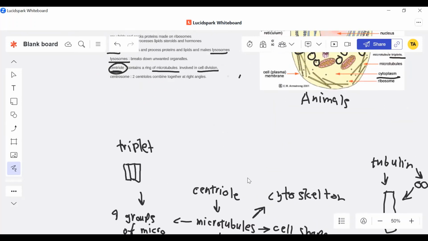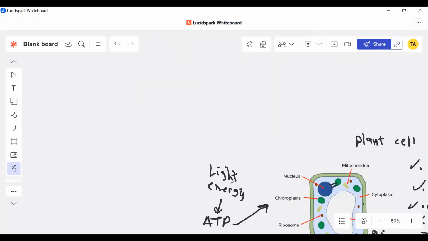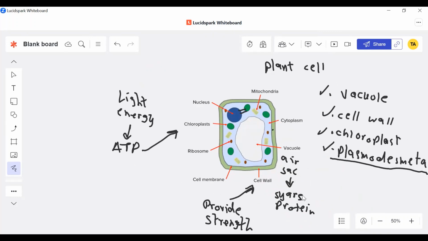So in the next class, I'll do chapter 2 of AS Biology, which is biological molecules. In that, you will